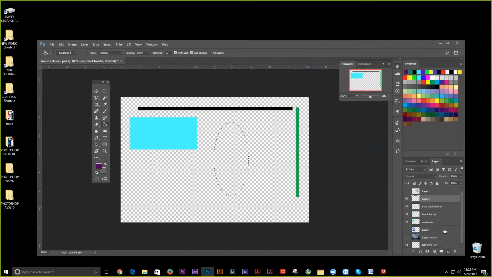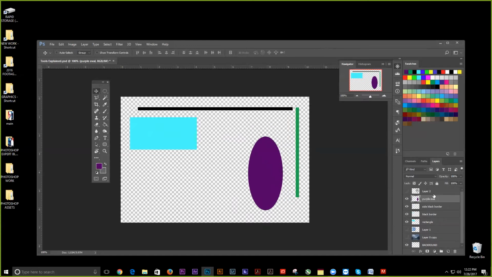Sorry, create a new layer. And we do a purple oval. Okay, look at that. Move tool, move it around. Always remember to create a new layer when you're creating something, a new object. Okay, so